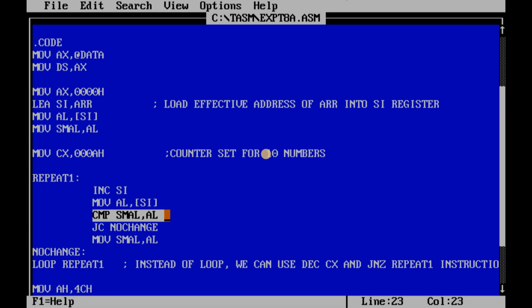The comparison is done with the help of 2's complement subtraction. So if the carry is generated, then it means that now